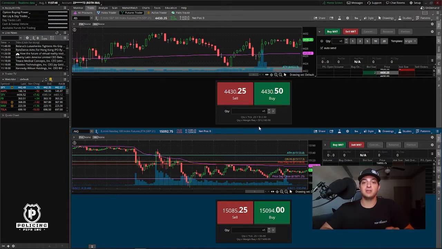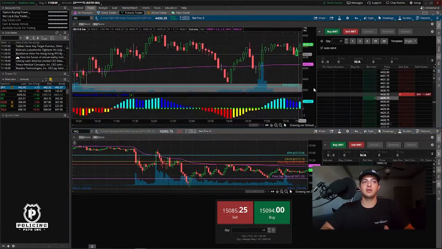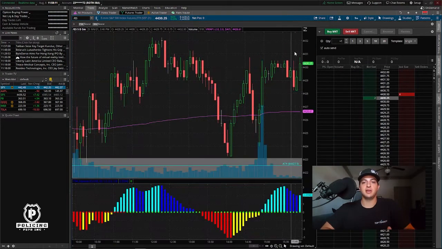Understanding how I make money is pretty simple, but if you're watching the video and you don't really get it, here's how it works. Futures move in ticks, okay? Every tick on the S&P here is 0.25 of whatever this number is. I'm going to close out of the dashboard, and I'll pull up the S&P 500. As you can see on this right side, this is just the DOM. It shows the price that it's at, and it's just a ladder, a step up and a step down of every tick. You can see here each tick is 0.25.